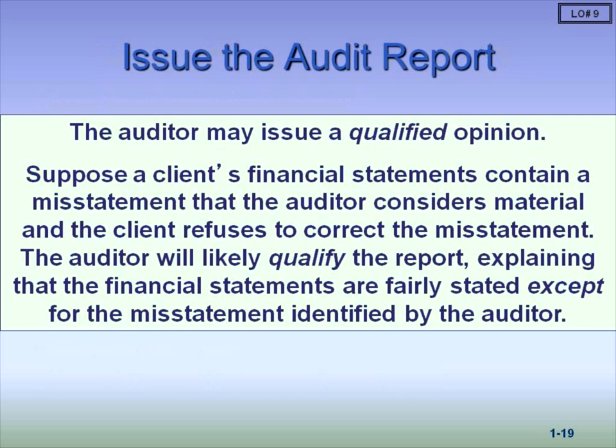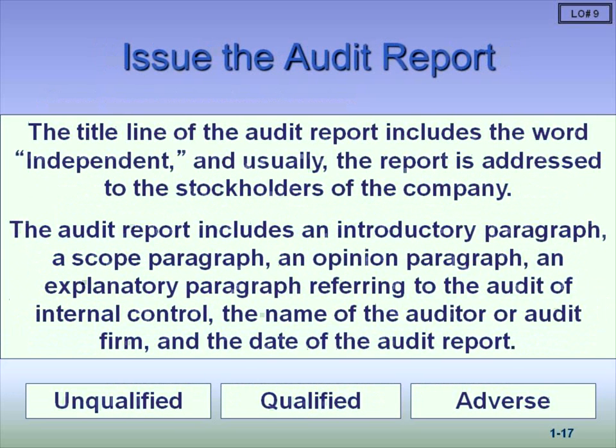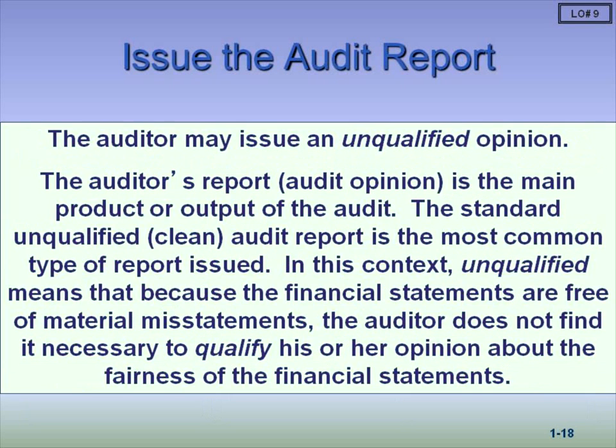Okay, let's look at the audit report. We can issue one of three reports, or decide that we cannot offer an opinion whatsoever, which is part of our GAAS at this point. But if we actually issue a report, it would be one of three: an unqualified report, a qualified report, or an adverse report. The unqualified report is a report that we want.